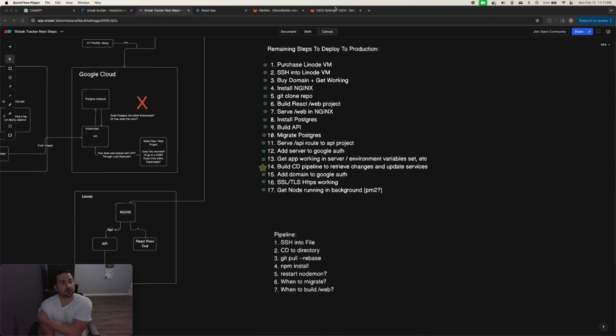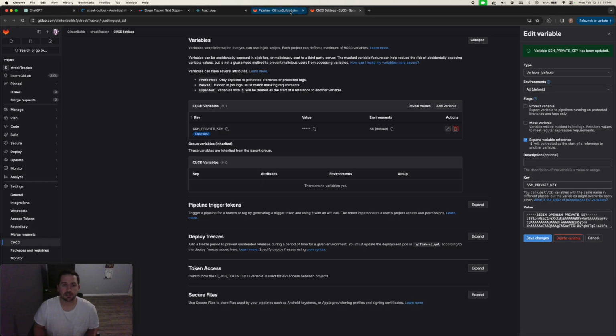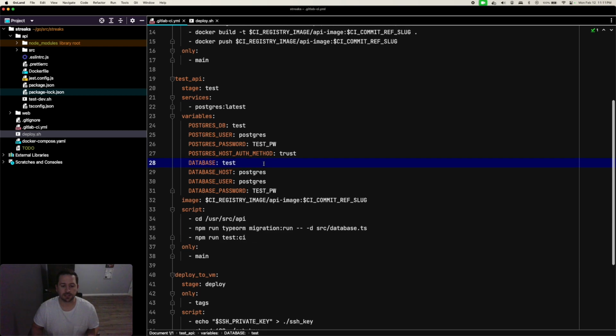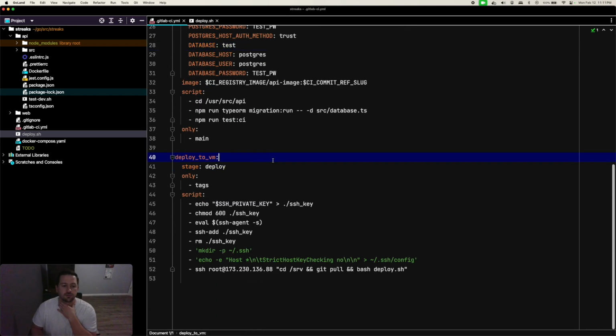But the first step I wanted to do was get a pipeline running where we can actually connect to our virtual machine within the GitLab pipeline, pull our changes, and then run some deploy or update script. I actually have that running now, and I wanted to show how we get that done. So we've added a new stage